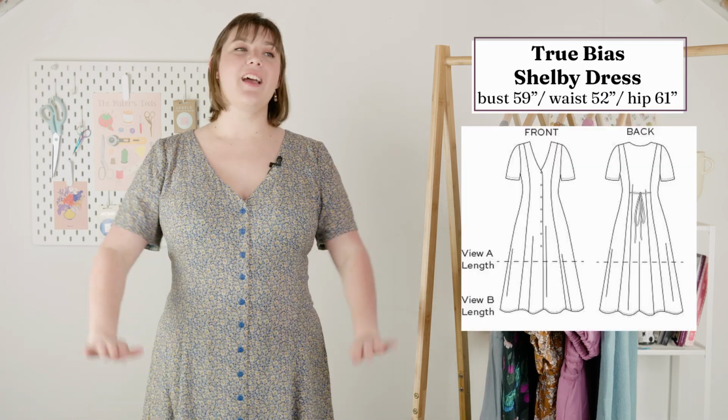So this is another one that I really thought would hit that mark for me of coming in nicely at the waist, skimming my body, having some waist definition, but not being tight at all. And it just didn't really work. So I waited for ages. I was so excited for True Bias to release the Shelby dress in the extended size range. I even had this fabric picked out long before it came out. I was super excited about doing this daisy 90s vibe, but the fit of this is just